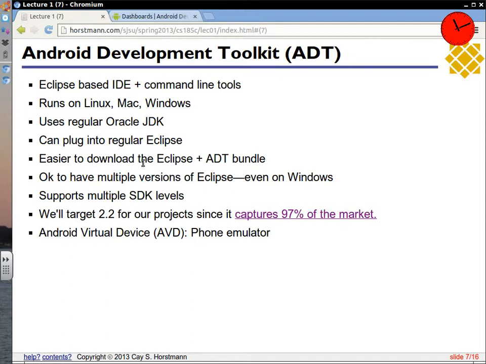So also the ADT comes with something that you're going to learn to not like very much, the phone emulator. So that's the thing that emulates the phone. It has all the software that a regular phone has, and so it'll take your applications and show the applications. It really is a regular phone.